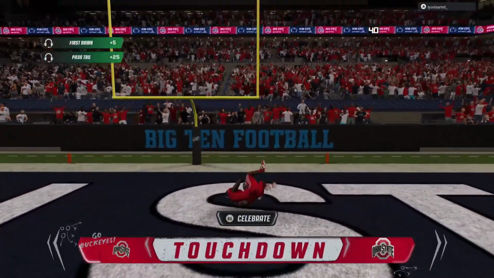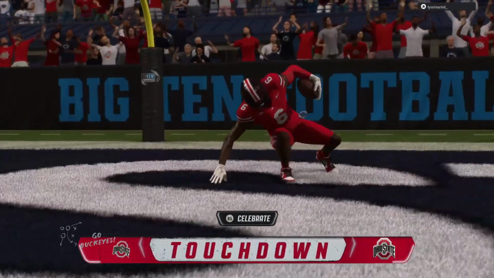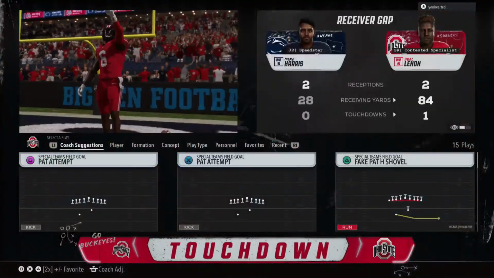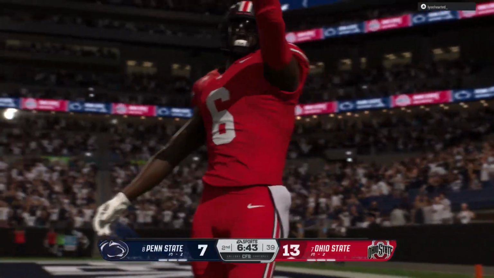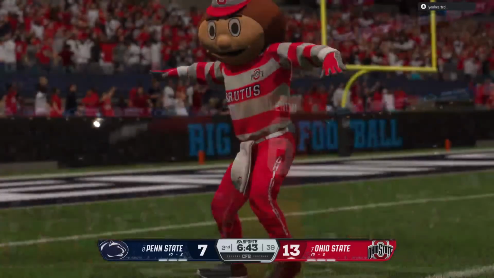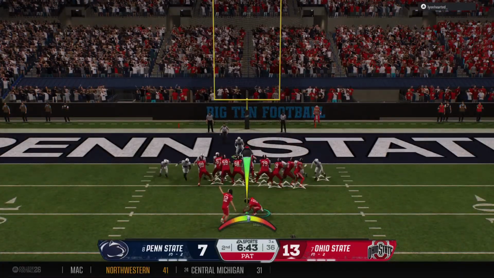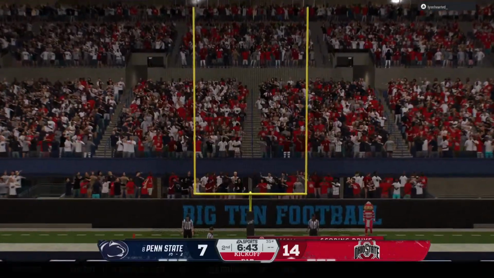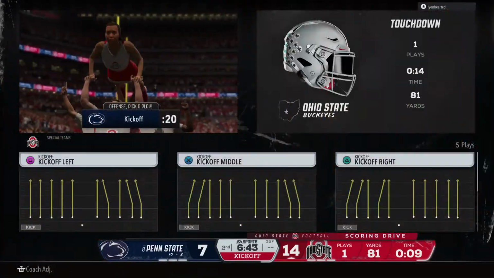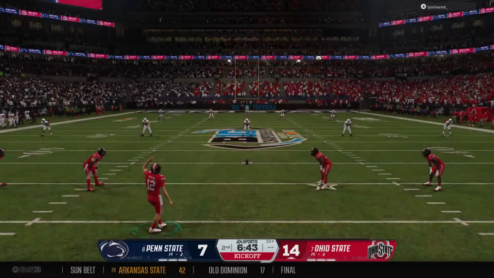Breaks into the clear. It's a sprint. And it's a long-distance house call. Touchdown, Buckeyes. Chris, I don't blame him at all for taking advantage of this matchup. Put that receiver out on the left. If he gets the matchup you like, take a shot downfield on the post and hit it for a big touchdown. The extra point makes the lead 14-7.